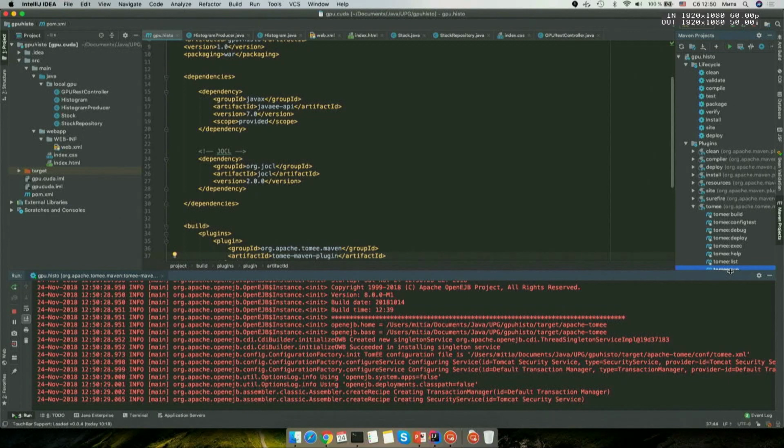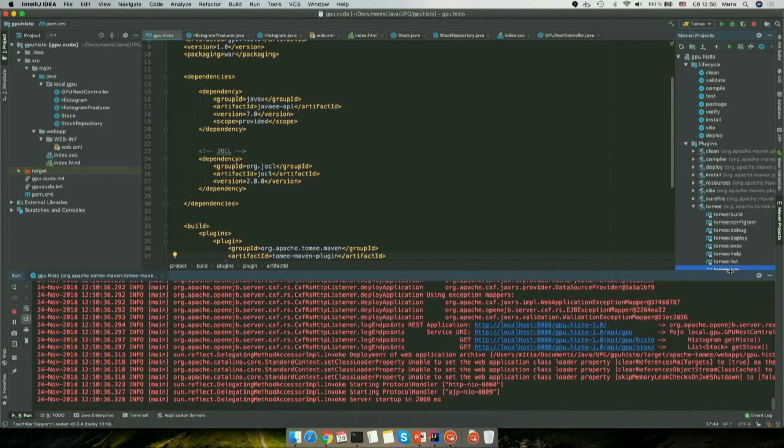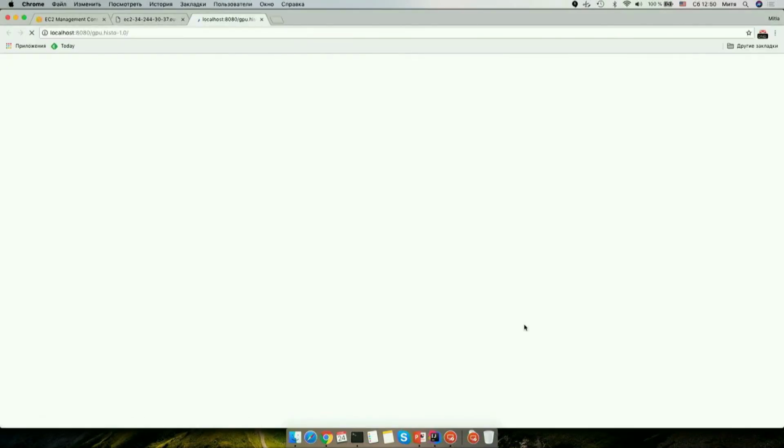It should be fast, I guess, but that's Java EE, so you have some time to warm up. Now please work. The demo gods, it's always not working, but I hope it works.